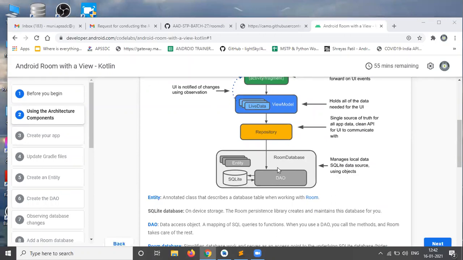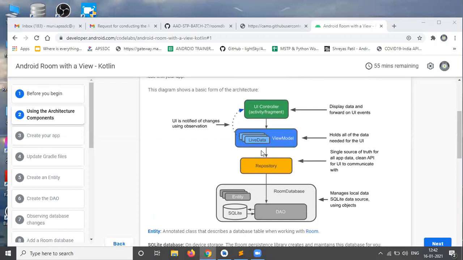Okay, so here we will do it now without view model and without repository. Just now we will do one UI controller with Room database, without view model and repository. Tomorrow, in the next session, we will do the view model and repository, so you will know the difference between the view model and repository.